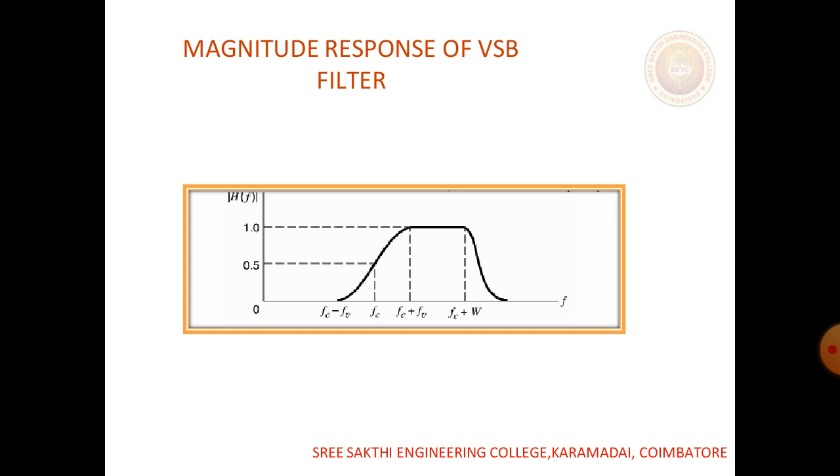You can see the mid Fc kept as the constant term. Fc is your carrier frequency. Below that is the lower sideband, above that is the upper sideband. After Fc we have the complete sideband details, but before Fc you get only a part of the vestigial sideband. From this diagram you can see what the vestigial sideband format is.